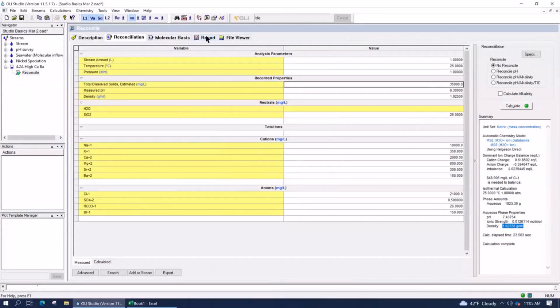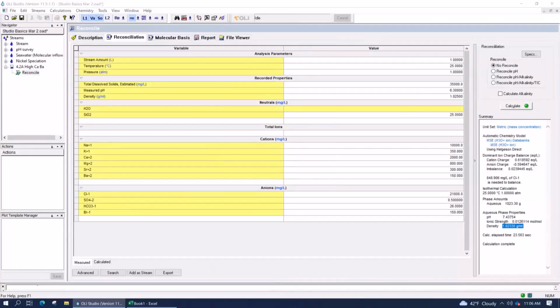Okay. But at this point, we have what we call a water that now can be used in a process. What I mean by that is it can be sent over to a process simulator to build a process. It can be used to study corrosion. It could be used in single point or survey calculations like we did earlier today and on Tuesday. As long as you see the green checkbox here on the reconcile object, this stream is now ready for additional processing or additional studying.